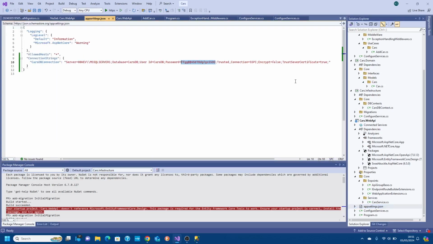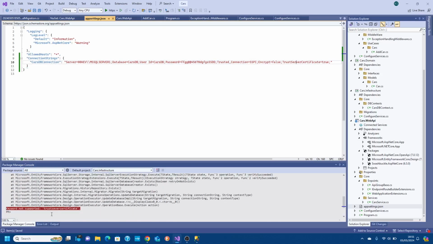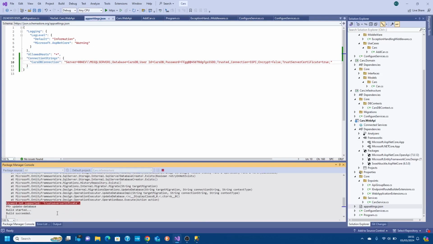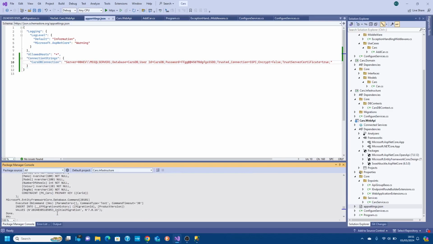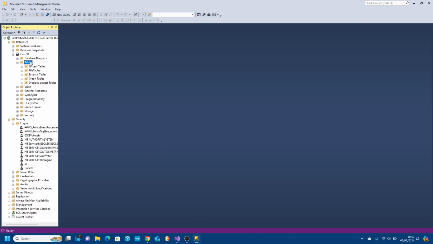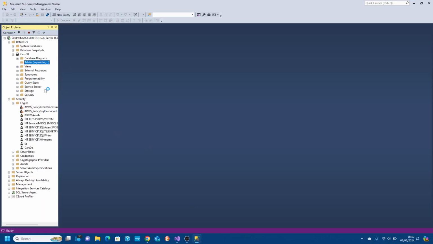So it's trust server. Okay. Let's have a look. So trust. It would help if I spelt it correctly. That's me doing a typo. So let's run that again. Let's see what happens now. Have we got it created? Let's have a look. What we should find now, if we do refresh,